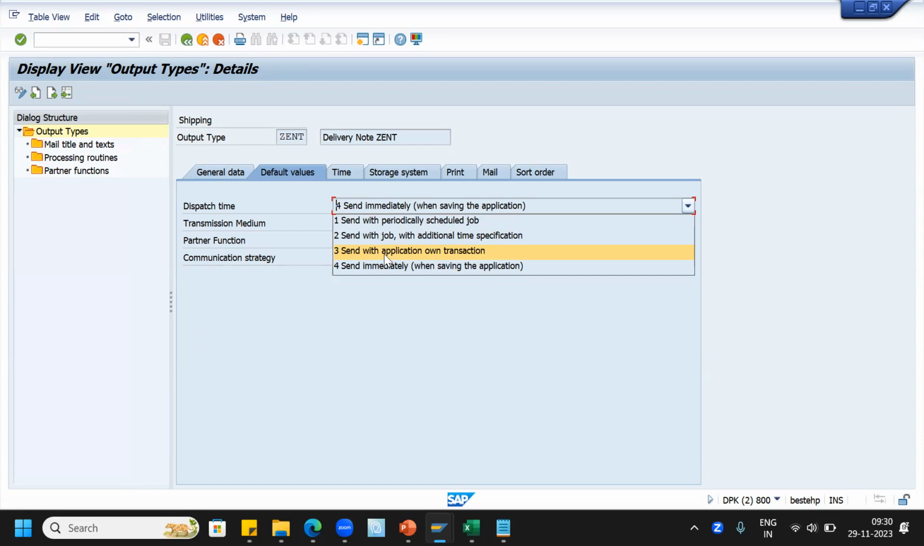That means we have seen SD70 AV1A for sales, SD70 AV2A for the shipping program, and SD70 AV3A for the billing document program. So with those programs, we can do that in the backend. Send immediately when saving the application. So this is the one which we select, or we can select the option send with application own transaction, and